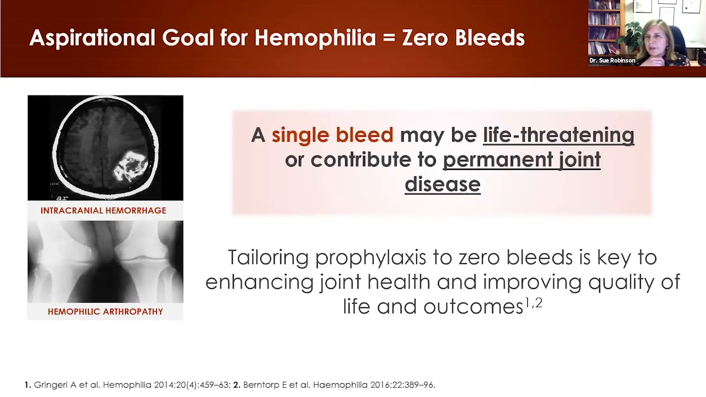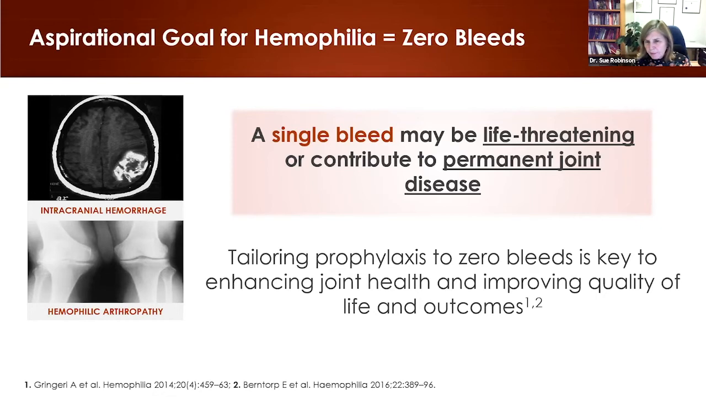So the goal for hemophilia is 0 bleeds. We do know that a single bleed may be life-threatening, and may contribute to permanent joint disease. Although the risk of intracranial hemorrhage is very low, it is possible. We would definitely want to prevent this, and prevent the bleeding into joints that causes long-term arthritis or arthropathy. So tailoring prophylaxis to 0 bleeds is key to enhancing joint health and improving quality of life and